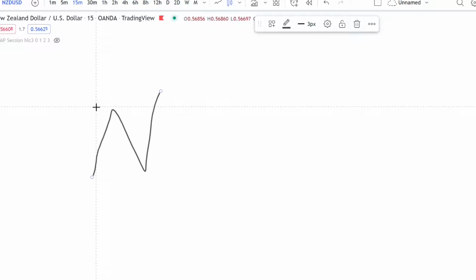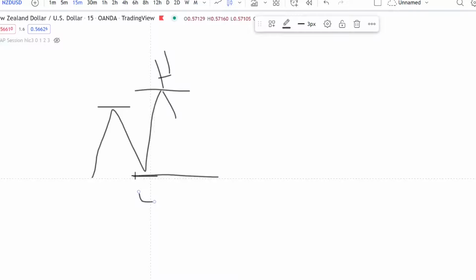What a range is. So price forms a swing, comes back into the range. We lock this as our high, and this is our low. So now this is our range. And what happens is a lot of traders can identify the range, but where they have problems is the complex pullbacks. When price does this,